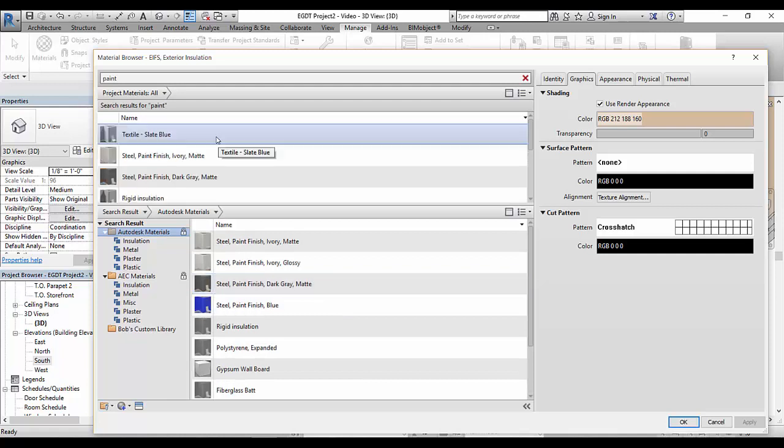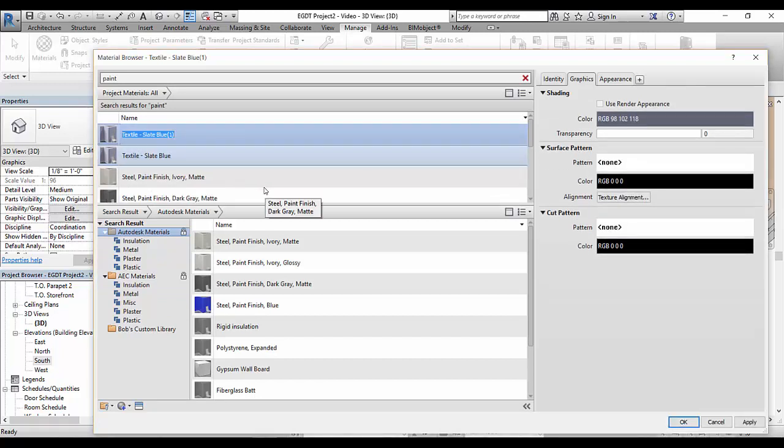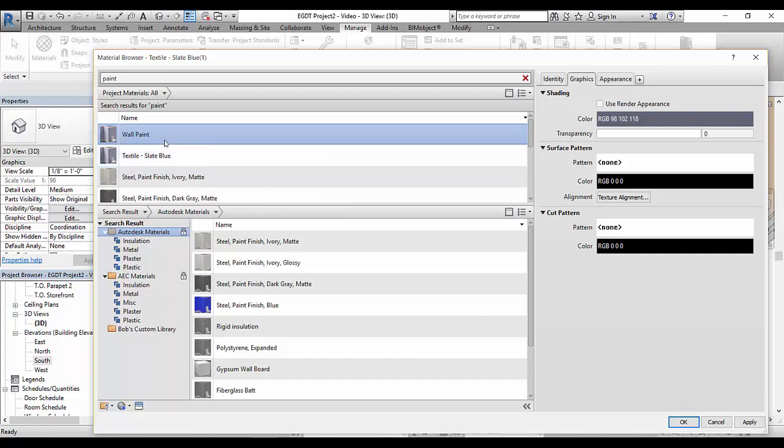I can actually duplicate a material. If I select, say, this textile blue, slate blue material, I can right mouse click over that and say duplicate. And then I can give it a name. And I'm just going to call it maybe wall paint. And once I have that wall paint material added into my project,